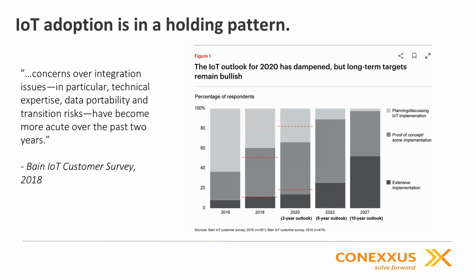From that Bain report, a specific quote is there are concerns over integration issues, in particular technical expertise, data portability, and transition risks, which have become more acute over the past 2 years. Continuing on,